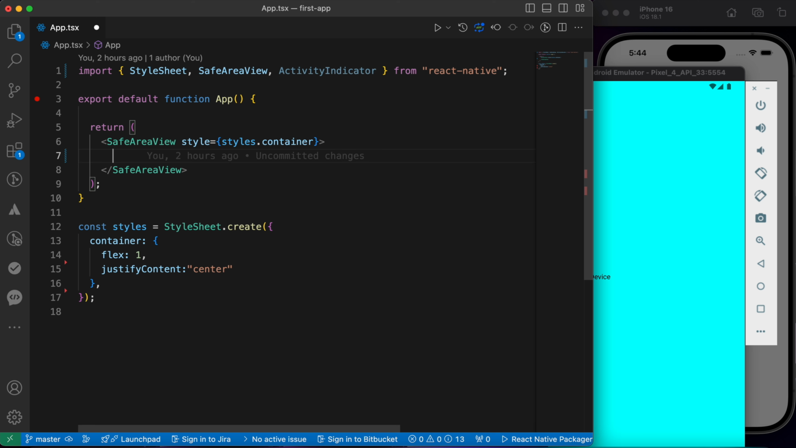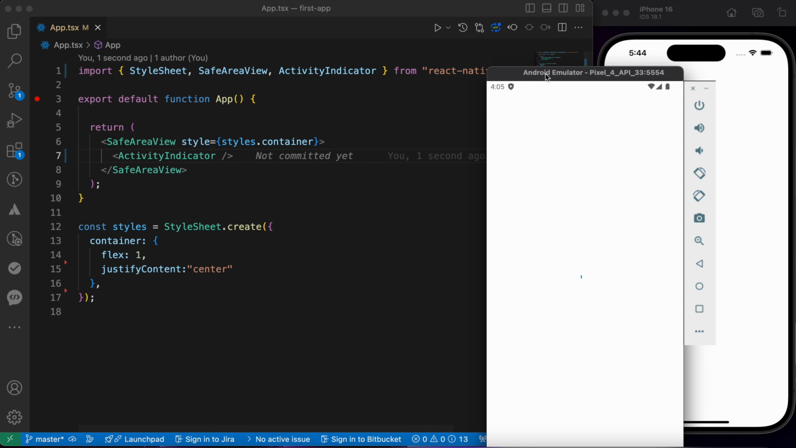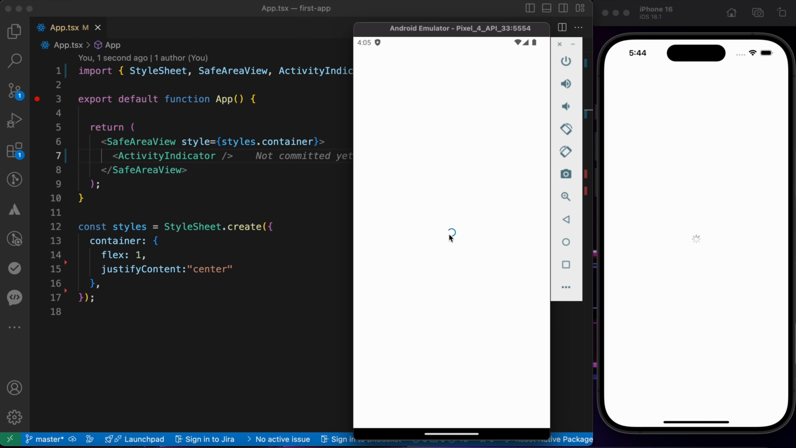So now let's use it here and press save. Look, that's the loader in Android and that's the loader in iOS. Let's create another one